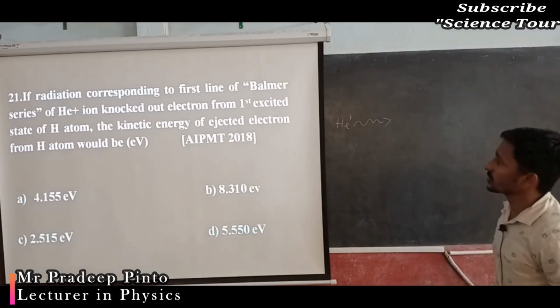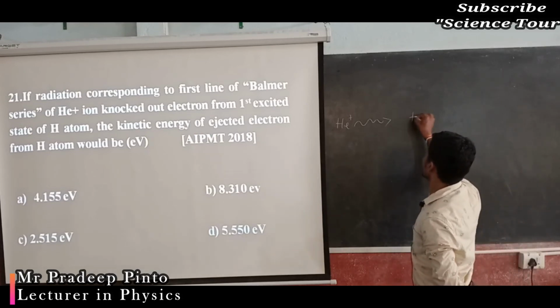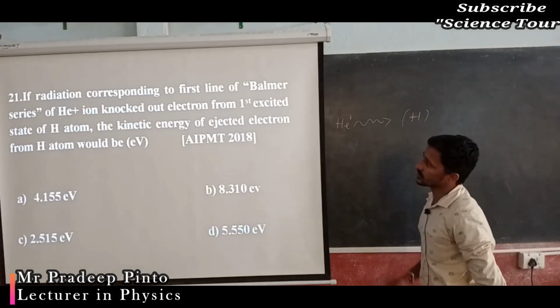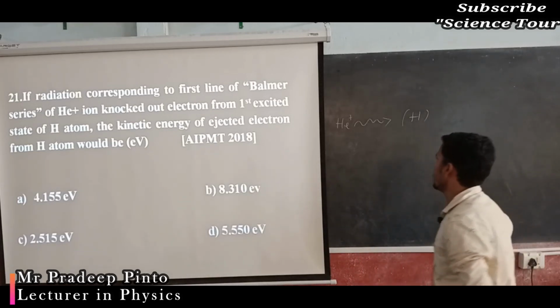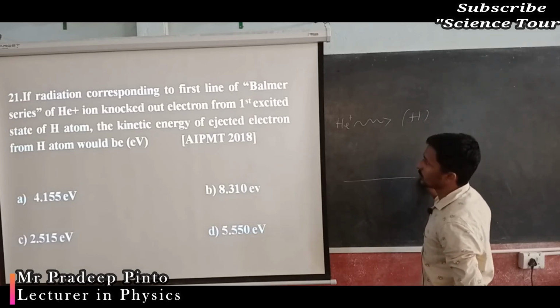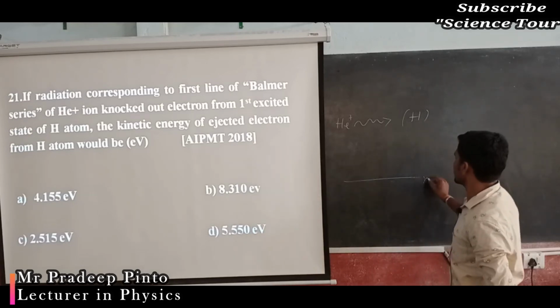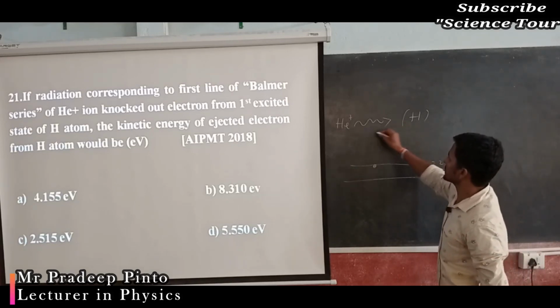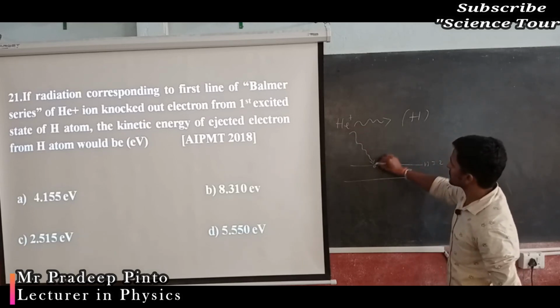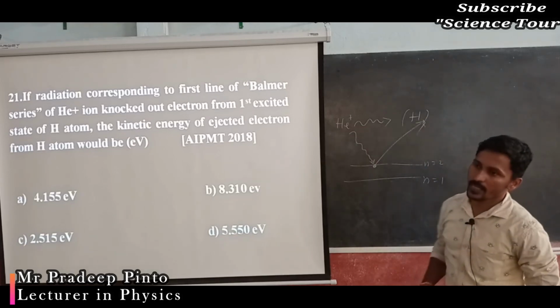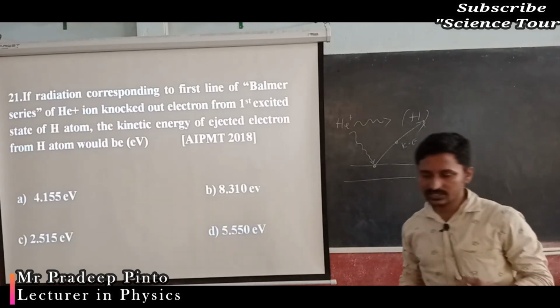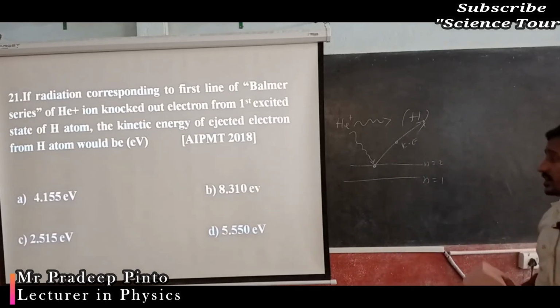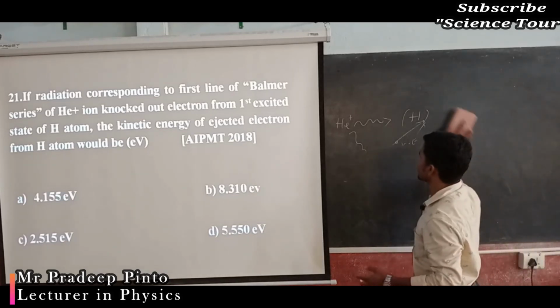Ion knocked out the electron from the first state of hydrogen. First state of hydrogen means what is the energy needed? You know that. Okay, the kinetic energy of the ejected electron from H will be. Now what happens? H equal to first excited state means s equal to 1, n is equal to 2. Here electron was there, this energy will come, it will knock out this electron and the electron will be moved out. So what is that kinetic energy of this electron? That you have to find out. Can you imagine or can you guess the answer and can you guess the equations for this? Can you do that?